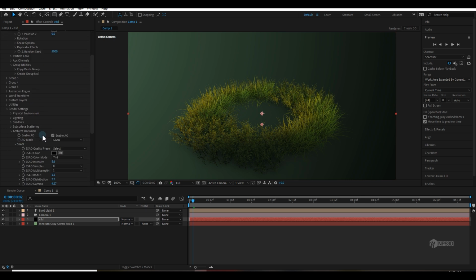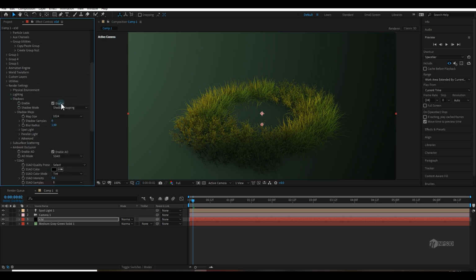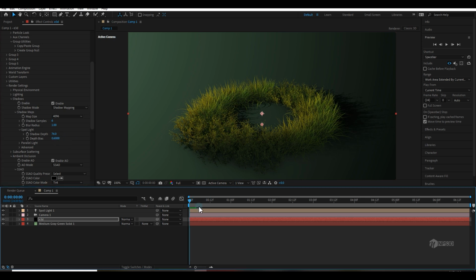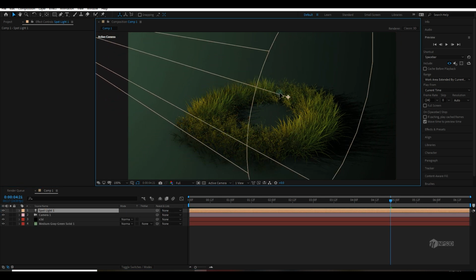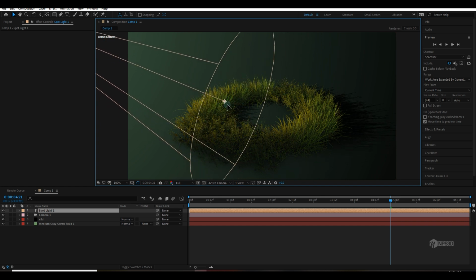So what I will do now, let's go to the shadow and enable the shadow mapping, and done. And there are controls like map size, so I will go to the 4K. And samples you can increase. There is spotlight, so you can just play with which suits you. And I am using SSAO because I don't want to crash it again. And if you want to adjust it, you can just adjust it anytime. You can see it is moving and working.